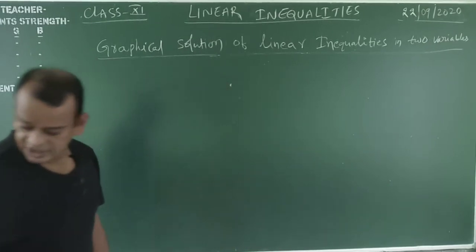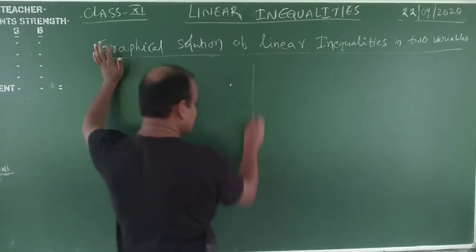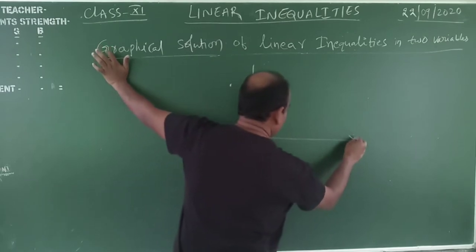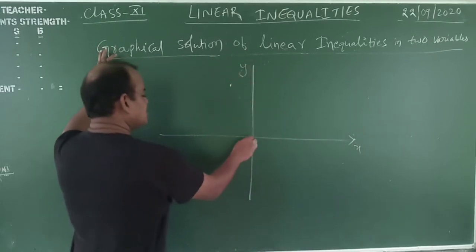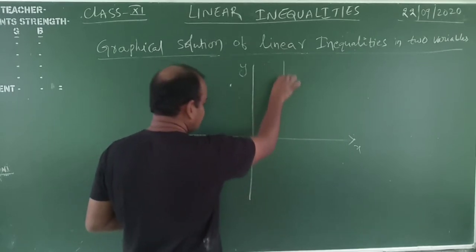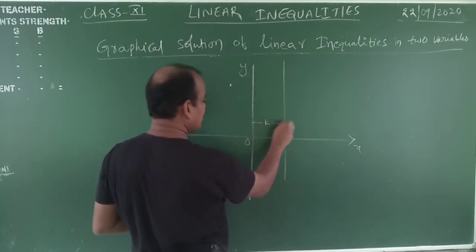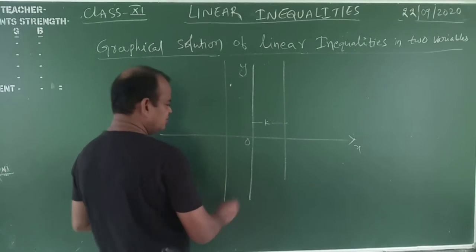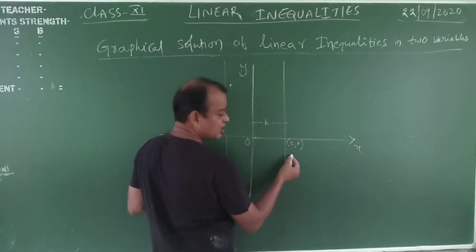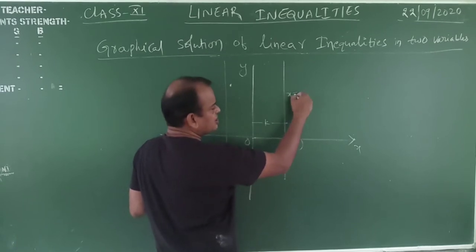Now we will take the coordinate axes again. These are the horizontal lines. This is the x axis, this is the y axis, and this is horizontal. Vertical lines are on the left side and the right side. This is the right side. Suppose this distance is k. On the left side, this distance is also k. From here to here the distance is k, so this point is 100% k comma 0. Where the x value is equal to k, that is x is equal to k.